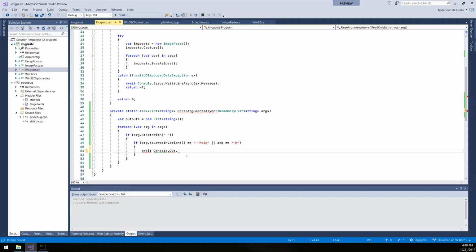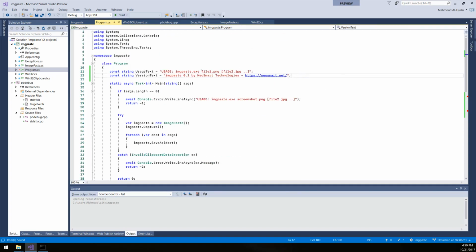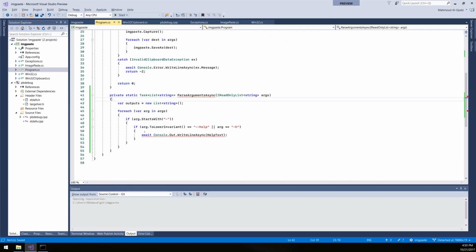Console.Out.WriteLine async help text. What's going on? Did we define something wrong? Why are we having so much trouble here? No, that's closed, and that's closed. Okay, that's odd. Anyway, async and